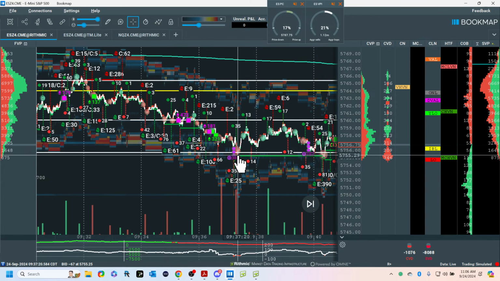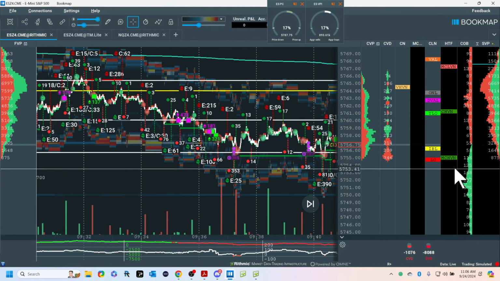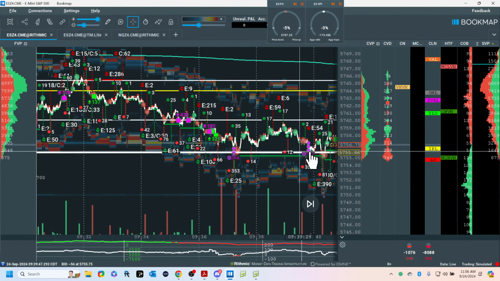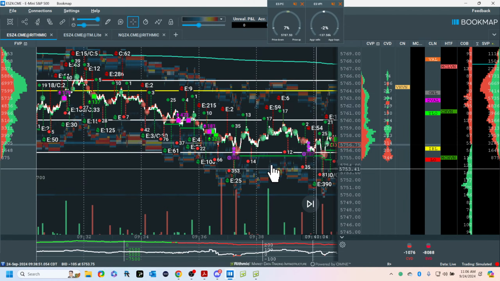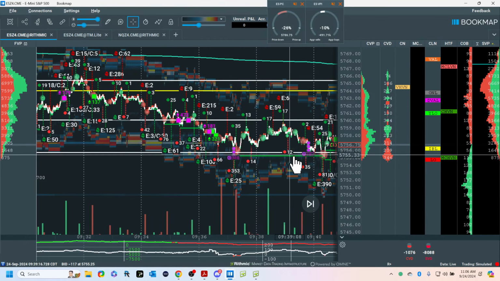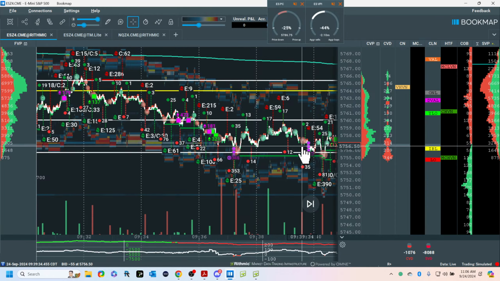Because if we test, and you'll notice, I think we 1 or 2 tick this, and this is the IB, don't forget, and at 9:30, we're looking for the long or a continuation trade. Why not? This was the target. And once I see the absorption down here, I'm looking for the long. I'm giving you all the reasons for this. Now, why would we get long and yet we made another lower low here? Because the buyers that were here, if the market comes down again and they perceive this as a heck of a deal, they're still going to buy again. My stop is not going to be here. Can't do it.